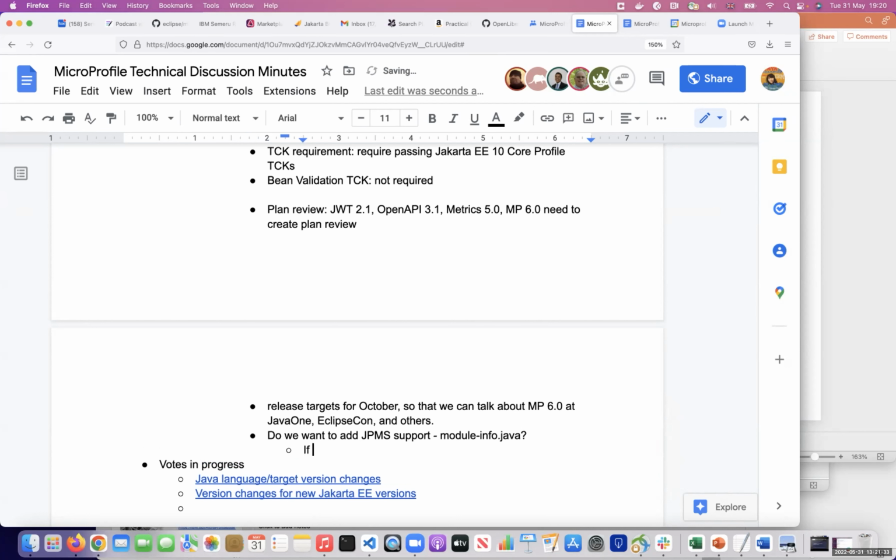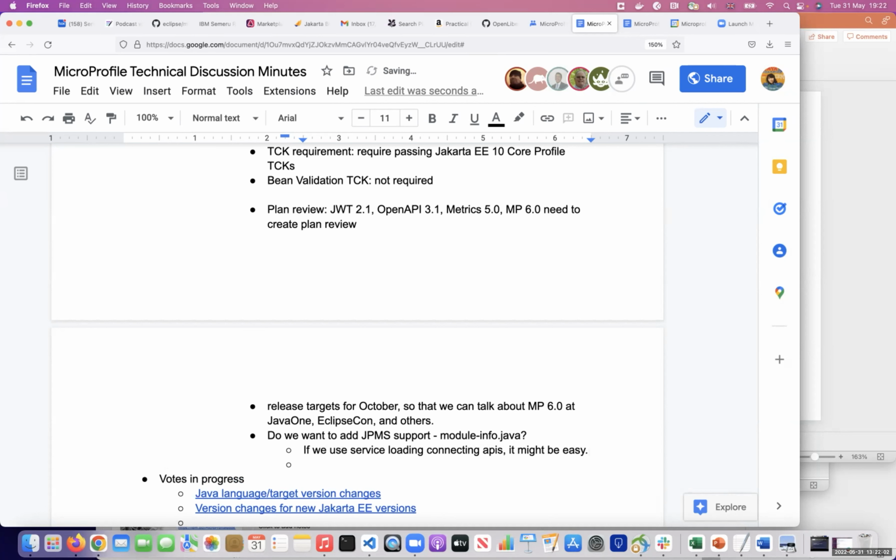But if we have more complex mechanisms for how implementations connect to APIs, then yes, more significant proofs of concept will be needed. And there's also, perhaps, one of the things that Jakarta really hasn't said much on: is there a JPMS story for how one builds MicroProfile implementations and programs MicroProfile applications?